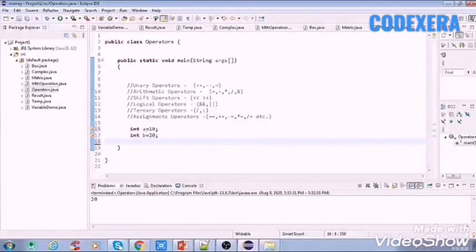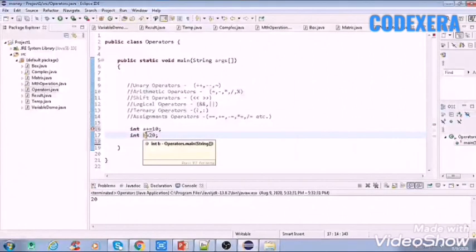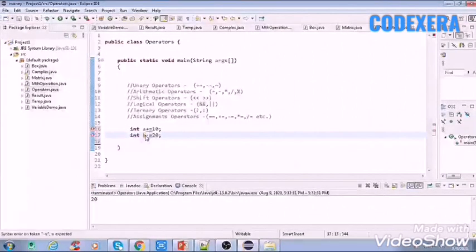Now we'll use assignment operators and we'll see what the output will be. We can change it into this format, that is A plus equal 10, and here we can make it A minus equal 20. So this is how it will work.